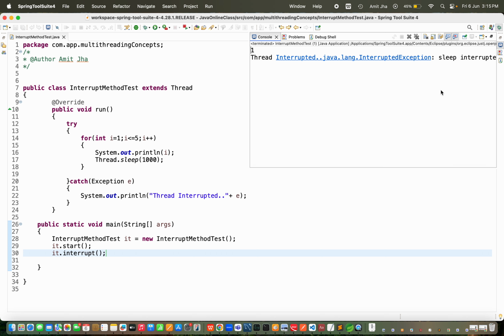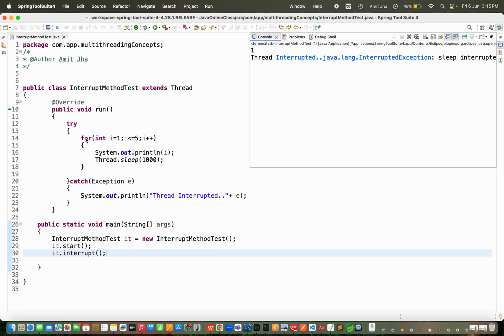Guys, you see it's mentioned, yes or no? Thread interrupted, yes or no guys? So you can see here, the same message I've written here, thread interrupted. You can see the thread interrupt method came. You know one thing here: once we call it.interrupt after starting, our run method